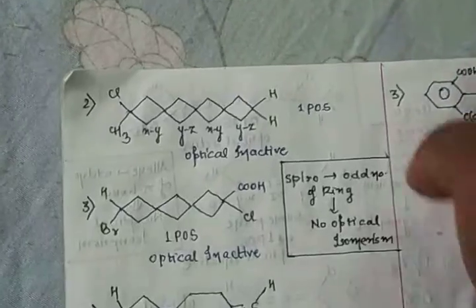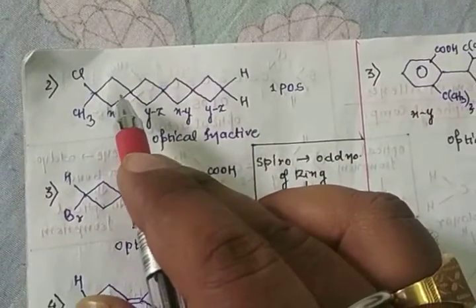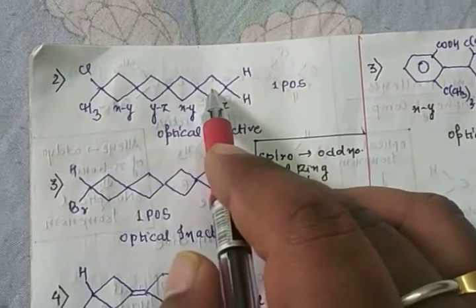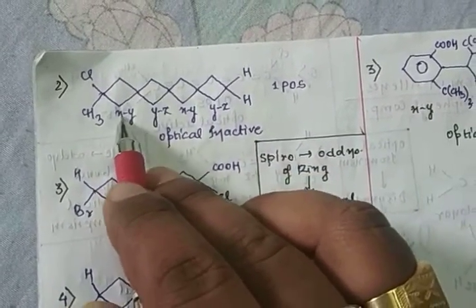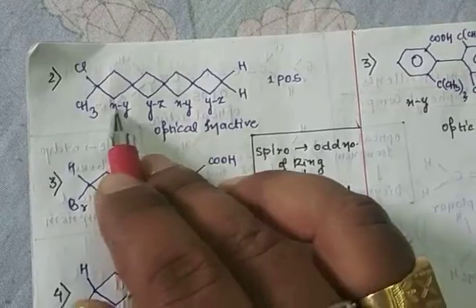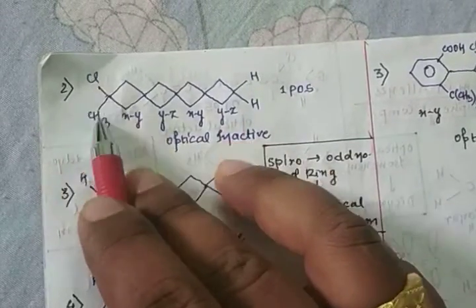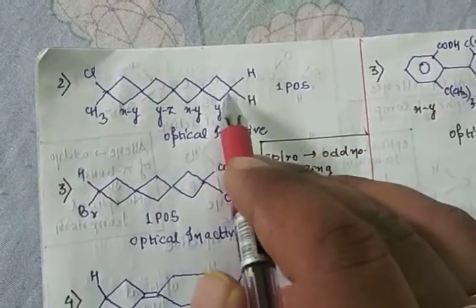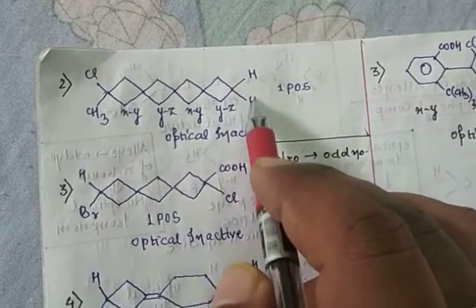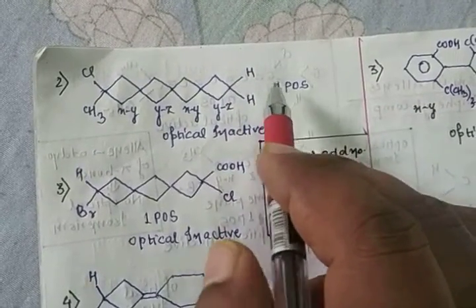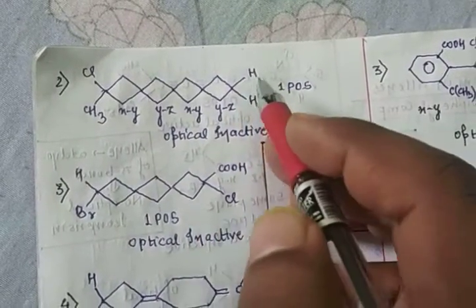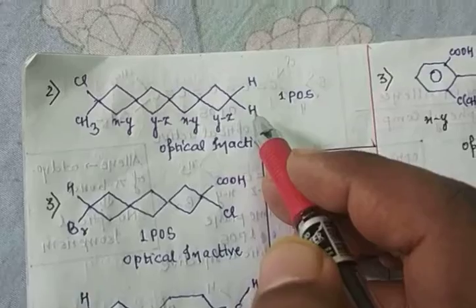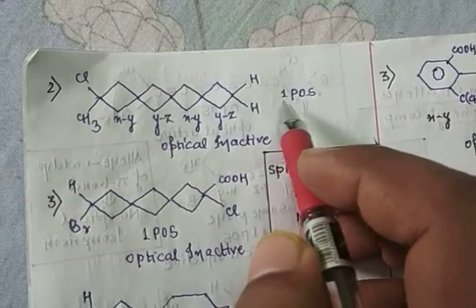Okay, now again you check how many cyclic structures. So 1 2 3 4. So one cyclic means one double bond. So again same as allene. So XY and YZ, there is a different plane, but you check. In this case there is a different group, but on this side, in this terminal carbon, there is the same hydrogen, so one plane of symmetry. You cut from that side, so one hydrogen on the front side and one hydrogen on the back side. Okay, so it means there is one plane of symmetry. The compound is optically inactive.